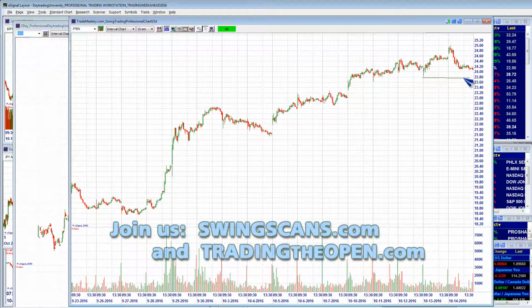I don't get out right at the bottom because I may find support there and bounce. So I'll usually do a filter of, say, 30 to 50 cents underneath it in case it finds support and pivots. So I don't want to get stopped out too early, but I don't want to let it go against me far either. For intraday charts, let's take a look at